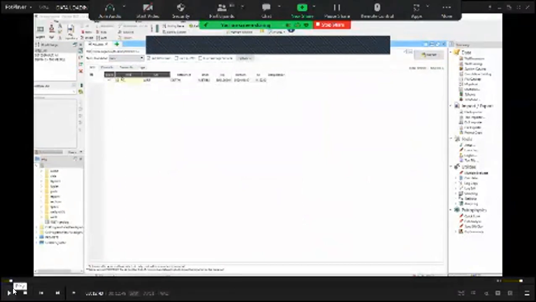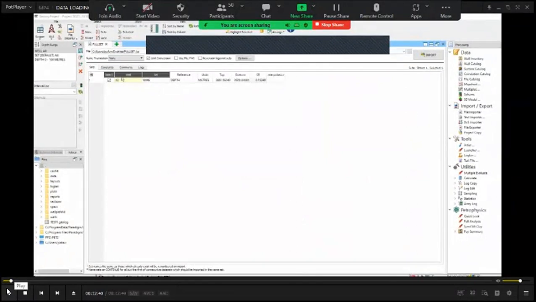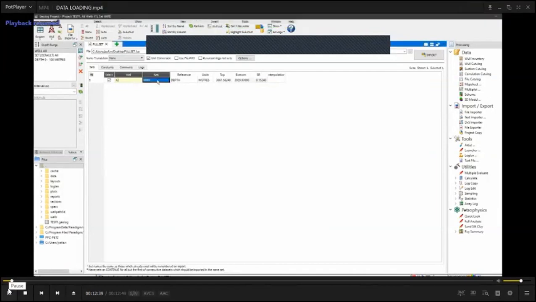After you build a new project in Geolog software, you can see the main page of Geolog, as in one of the slides I showed you. In the project page of Geolog, you can load digital data types such as LAS, DLIS, or LIS formats.